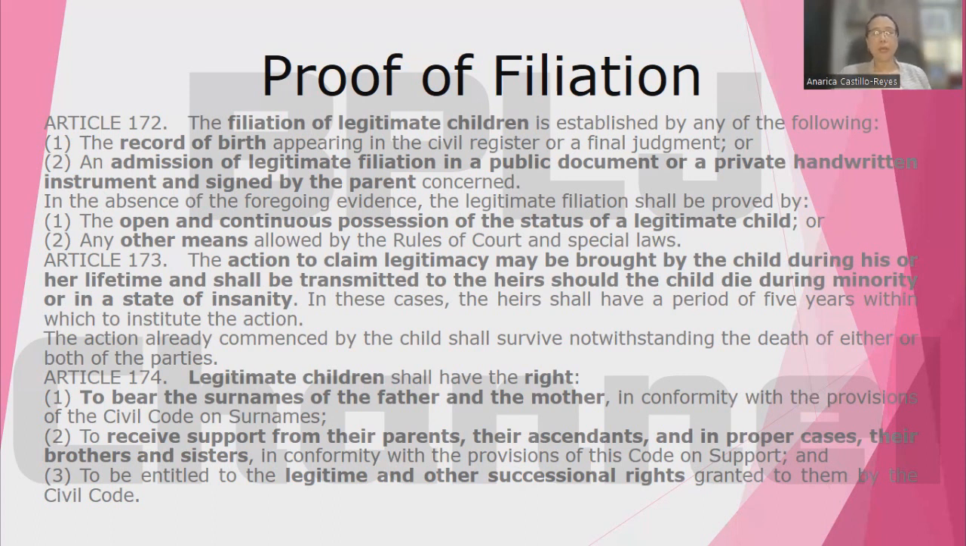So Article 173 states that the action to claim legitimacy may be brought by the child during his or her lifetime and shall be transmitted to the heirs if the child dies during minority or in a state of insanity. So during the lifetime of the child, he may bring the action to establish his claim of legitimacy. And if he dies during the pendency of the proceedings, then that right shall be transmitted to the heirs. The action already commenced by the child shall survive notwithstanding the death of